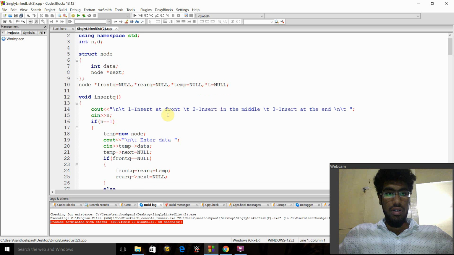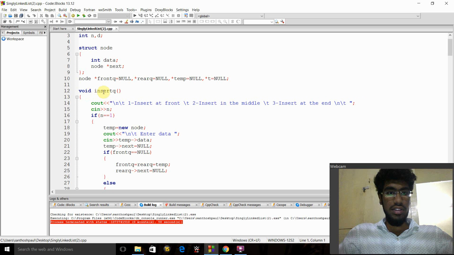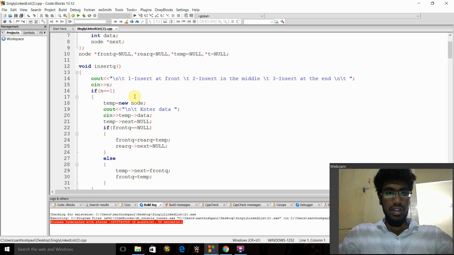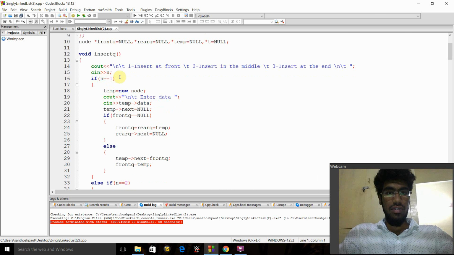Now here this is the void insert q function. This function is used for inserting the element in the linked list. Now create a menu, that is 1 for inserting the element at the front, 2 for inserting the element in the middle, and 3 for inserting the element at the end, and read it as n. If n is equal to 1,